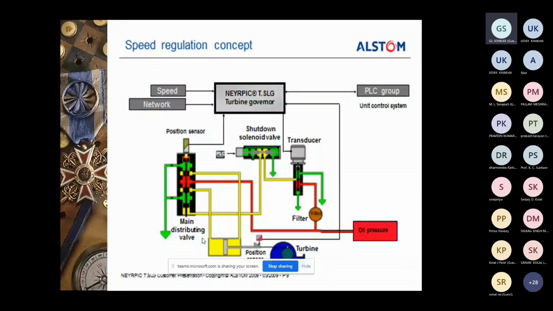This emergency solenoid valve comes into operation when there is a problem in the control and the control fails, then we need to stop or shut down the turbine. In that case, oil will come through the emergency solenoid valve and go to the servo motor. Then we have to stop. Anyway, we have to shut down the turbine. These are called the emergency conditions.